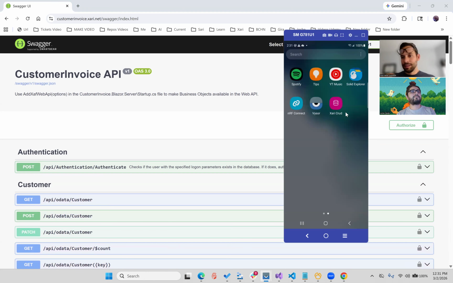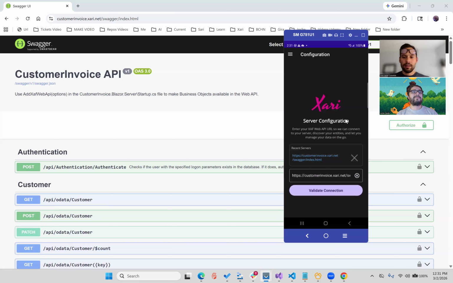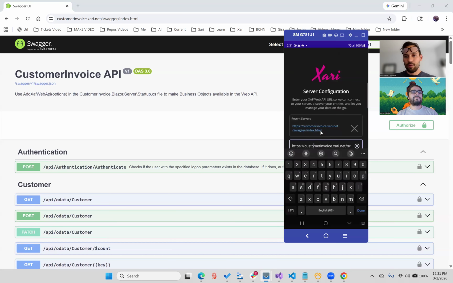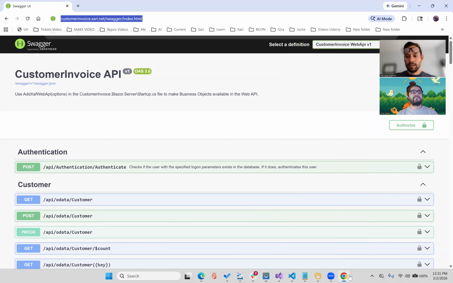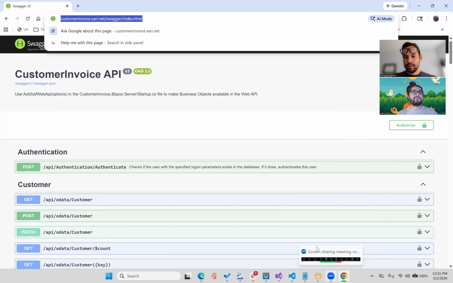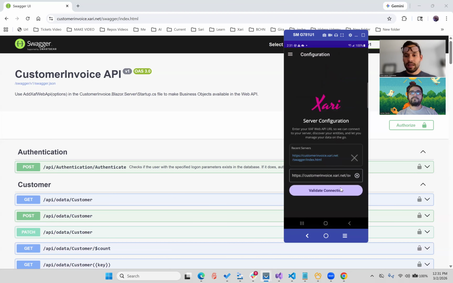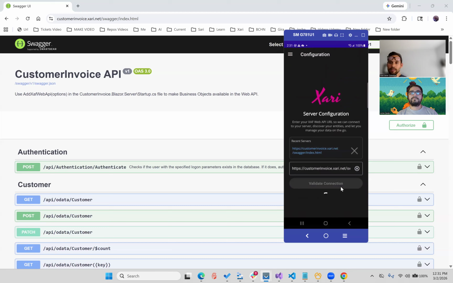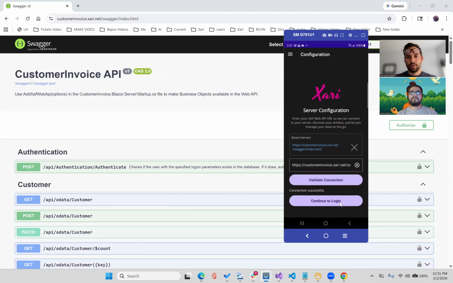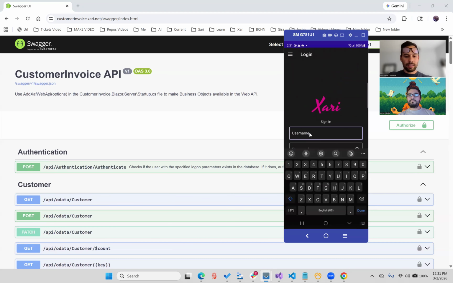So basically we have this, we call it SARI CRUD, but the name can change, because we submitted to the Apple Store and Google Store, but we can change the name if needed. Basically, we have this app where we get inside and we add our API link. That's the first thing. That will be the Swagger, where it will get the configuration. After that, we validate the connection. That will make sure that it's a valid XAF API, and then we continue to log in. After that, we log in with our credentials